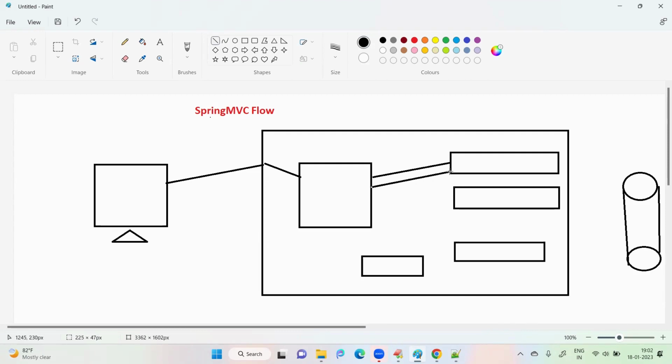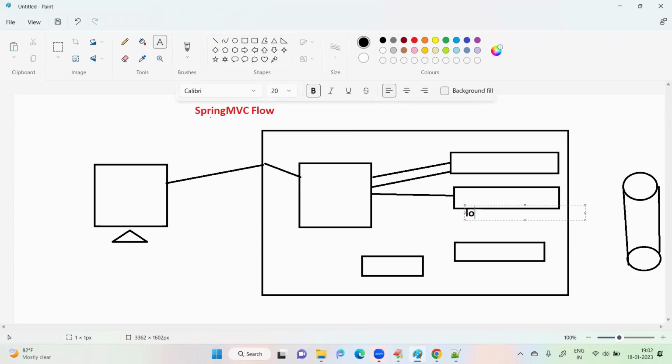Example, return selection response. It will call handler mapping. It will give, okay. Then it will respond back as a